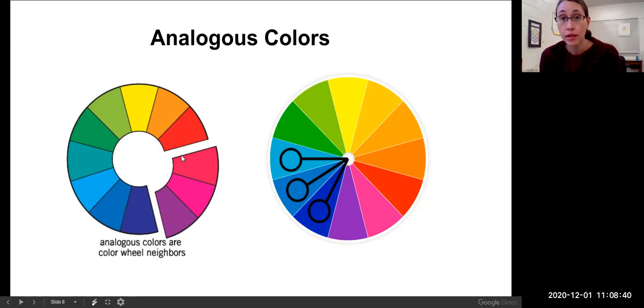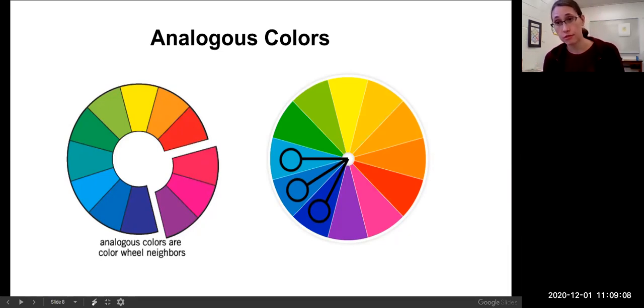All right. So complementary colors were the ones that were opposites, right? Those are sort of like the colors that have the most contrast. They're going to stand out if you put them right next to each other, all right? Analogous colors are colors that are sort of automatically going to go together. They're going to kind of blend together and look more calming and soothing if you put those colors together